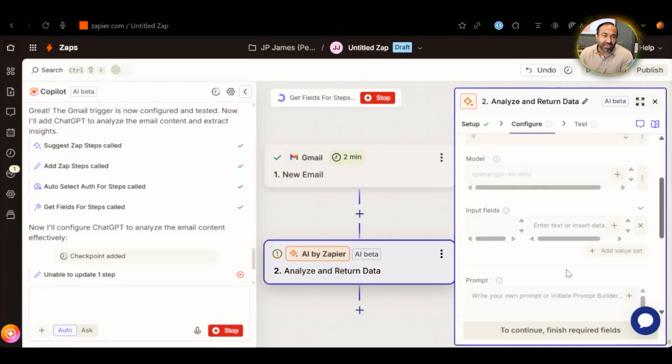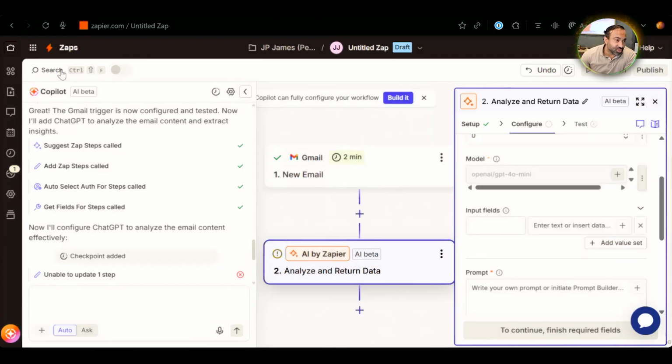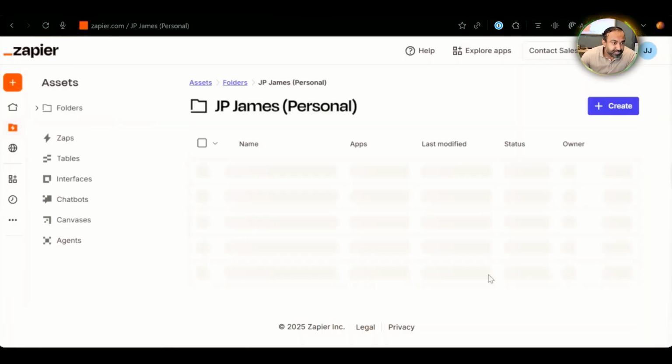That being said, some of the basic stuff, for example, if there's a Wall Street Journal email you get every single day, you can actually say all the Wall Street Journal or WSJ.com emails that come in, do an analysis of the email, find all the articles that are valuable for my industry, create a summary so I can click and find those articles. I mean, it really goes back to you thinking through your workflows on a day-to-day basis. And you can go through the process, have a team member do this for you, or do it yourself. I'll show you one of the